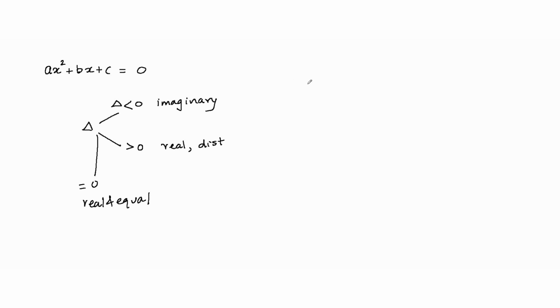If somebody says that the roots are distinct, it means the discriminant is not equal to 0. The discriminant can be less than 0 or more than 0. And when somebody says that the nature of the roots is real, it means that the discriminant is greater than or equal to 0. Right? They have not mentioned whether the roots are real and equal or real and distinct. Just real roots means discriminant is greater than or equal to 0. So with this we conclude today's session, and in the next session we will solve some more questions based on nature of roots.